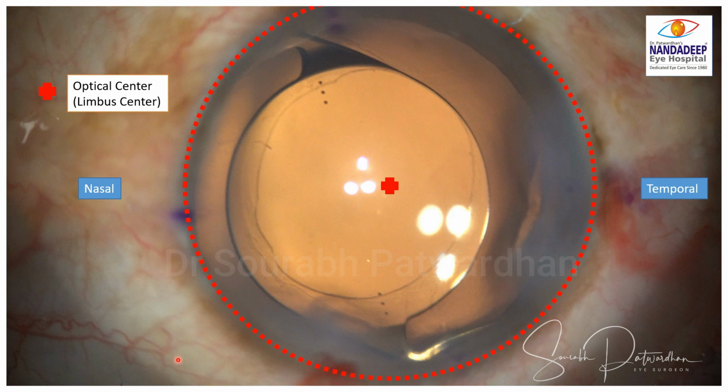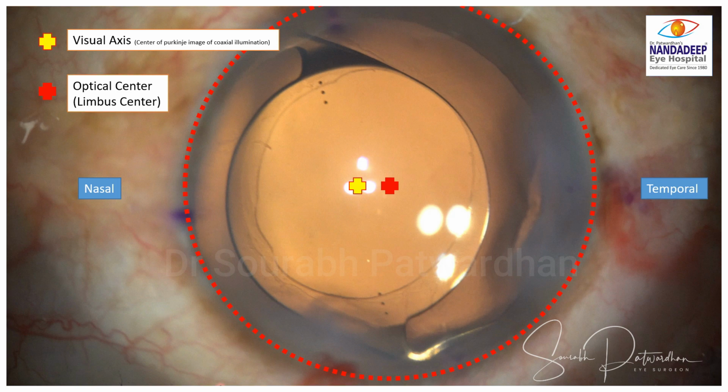Now if you ask the patient to look in between the two stereo coaxial illumination, then the center of the Purkinje images of these two coaxial lights is basically the possible visual axis. So these are the two coaxial lights. Some microscopes may have just a single coaxial light. If you want to be more specific, you can switch off the third light and just keep these two lights on. So the center of it is the possible visual axis.